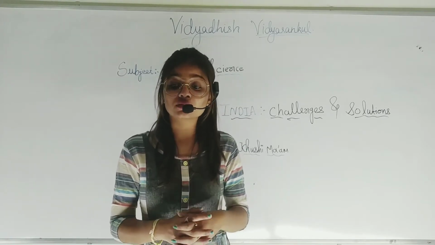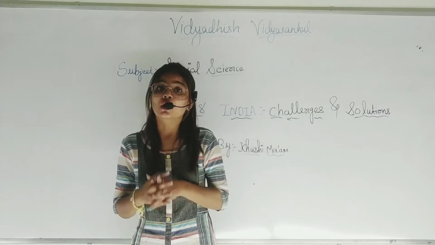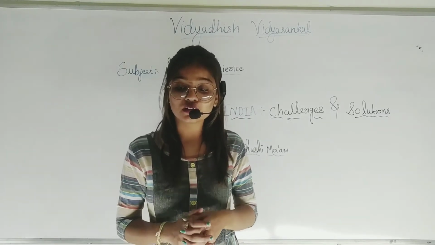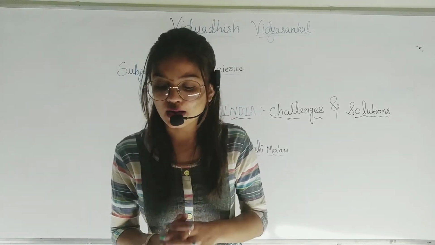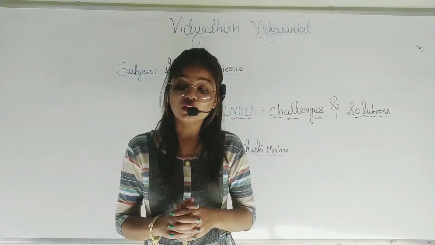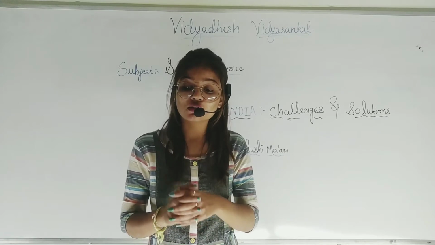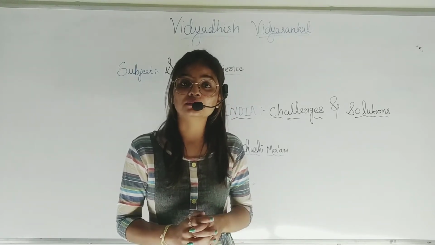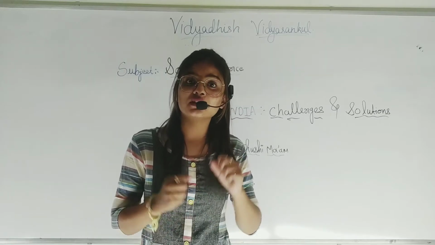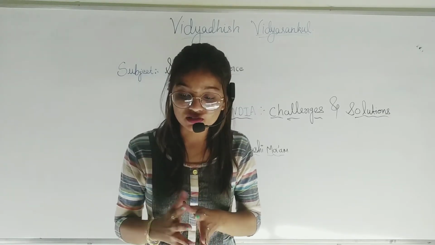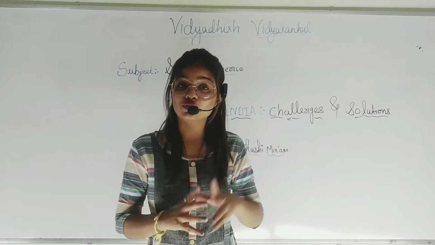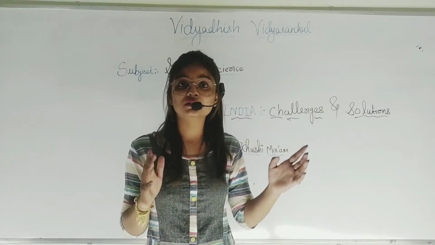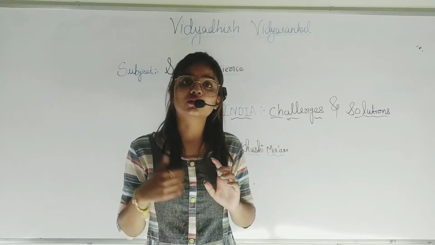Now next we have the effects of corruption. Students, what effects come from corruption? We have seen that corruption is a major problem, and it leads to the following ill effects on society, like violation of human rights. If corruption happens, the rights of humans are violated. Next, hindrance to the development of the nation. As I told you before, due to corruption the development of the country is at stake.